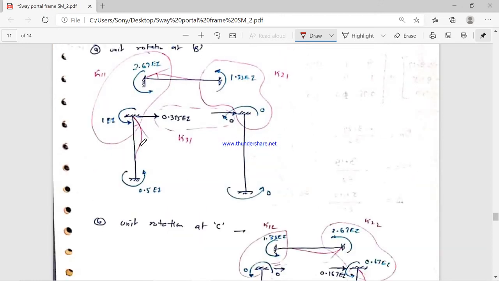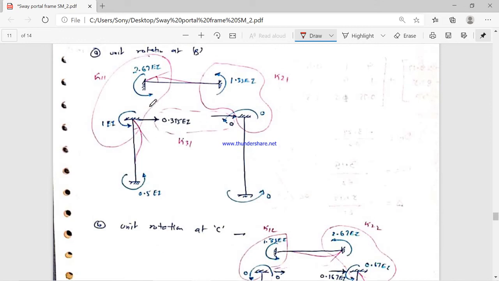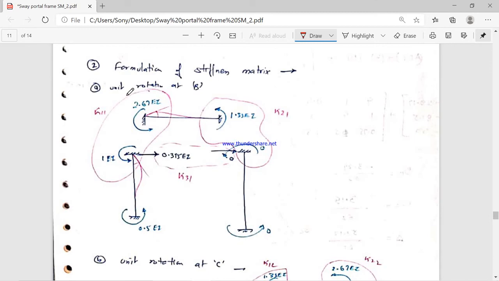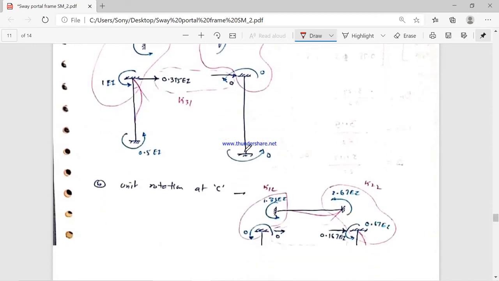Okay, similarly here also the answer is 1 EI, 0.5 EI and 0.37 EI. Like this. So only at the unknown point where you are going to apply the unit rotation, at that point only you are going to apply the formula. On the farther end of the joint, you only have to represent the sign convention of the force as well as the moment, but there will be no effect of the formula at the farther end. So this point you have to remember very carefully.